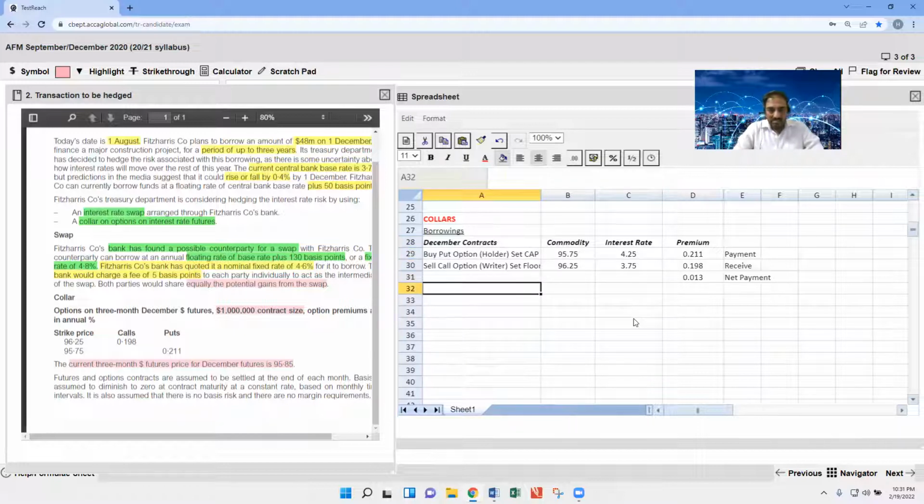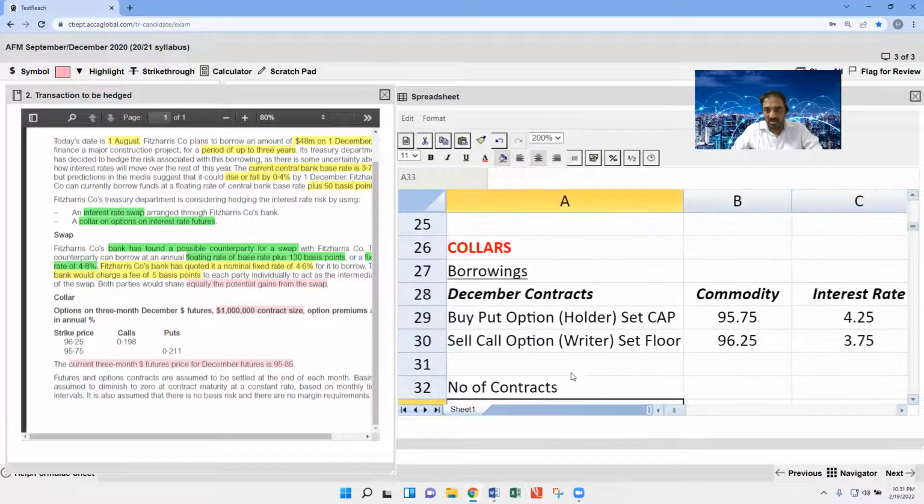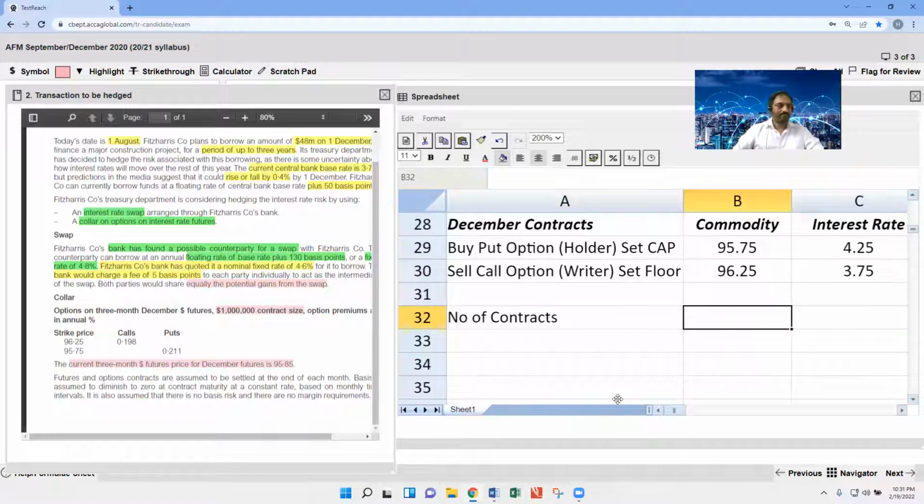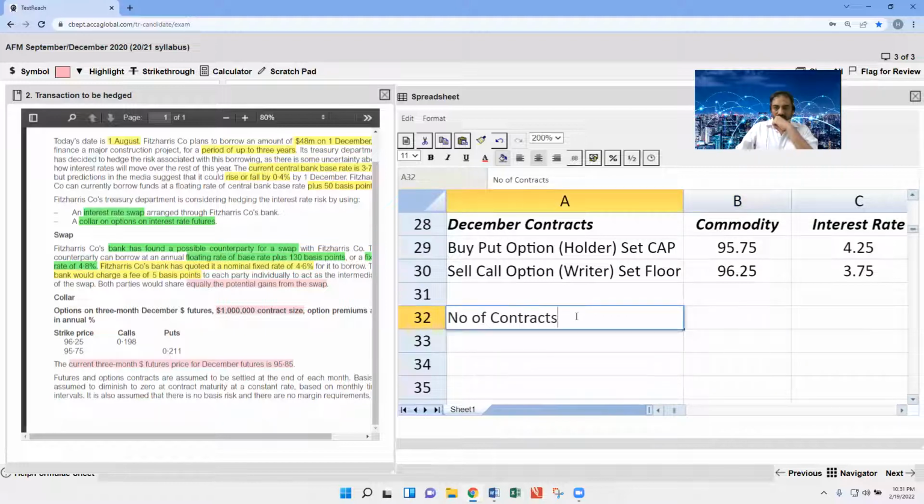And mention the number of contracts. Do the easy one with the question first. Number of contracts. Yes. Mention the number of contracts. How many contracts here? Yes. Determine the number of contracts. The number of contracts is calculated as